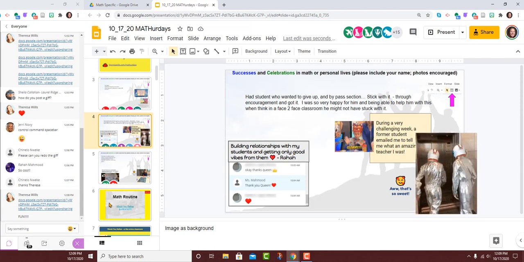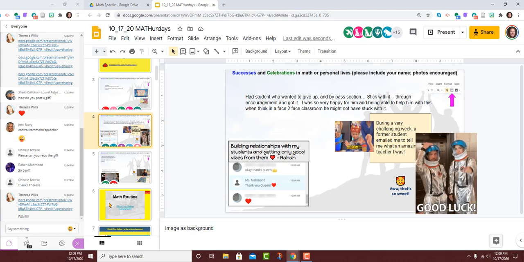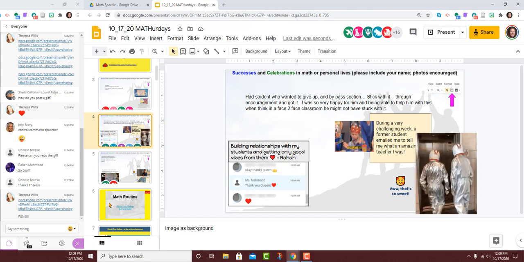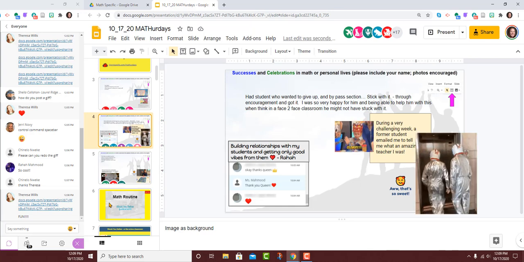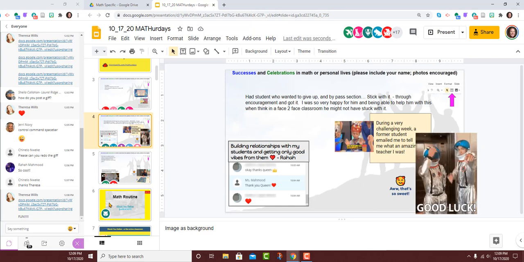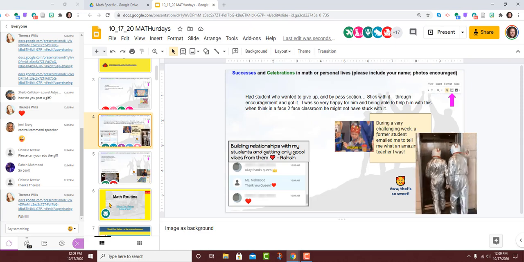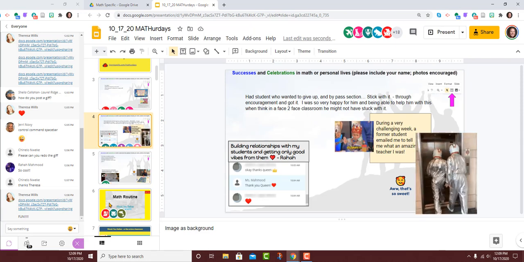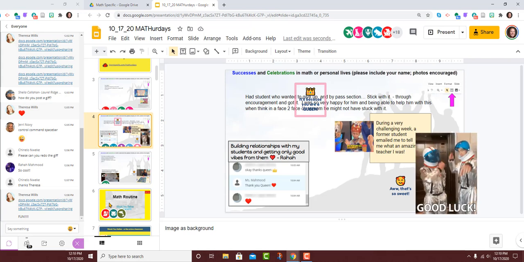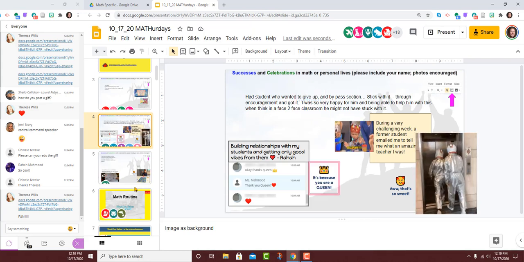Well, fabulous, folks. This is Successes and Celebrations. Before we get into small groups and talk about math and engage in some productive struggle, I'd like to make sure that we are feeling like we have a sense of community, even though for many of us we are complete strangers. Some of us are familiar with one another. We've come to several of these, and it is nice getting to know you virtually.